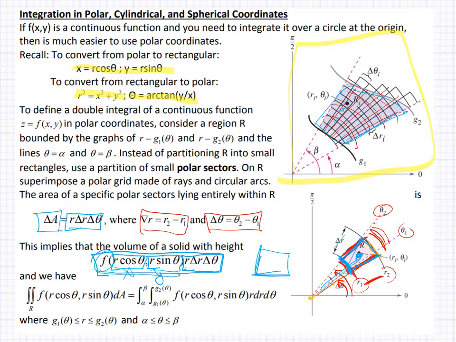So then what do we do? Once we have the volume of one of those prisms, we have to add all those up. Okay, we add all those prisms up. That should be a summation. Let's make that better. We add all those prisms up, and then we take the limit as the number of subdivisions goes to infinity, and that should give us the volume we're looking for. But that's exactly what double integrals do. So in this case, the double integral over the region in now polar coordinates, where we have the height times the area of the base, but the area of the base is based off of r delta r delta theta,